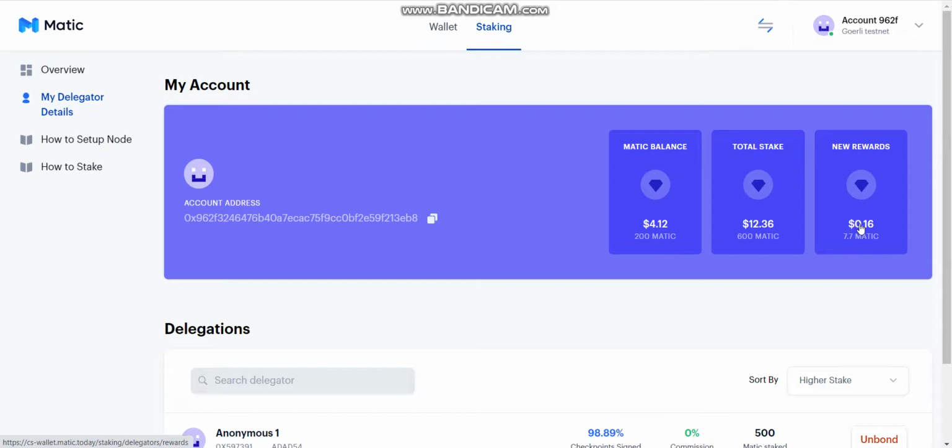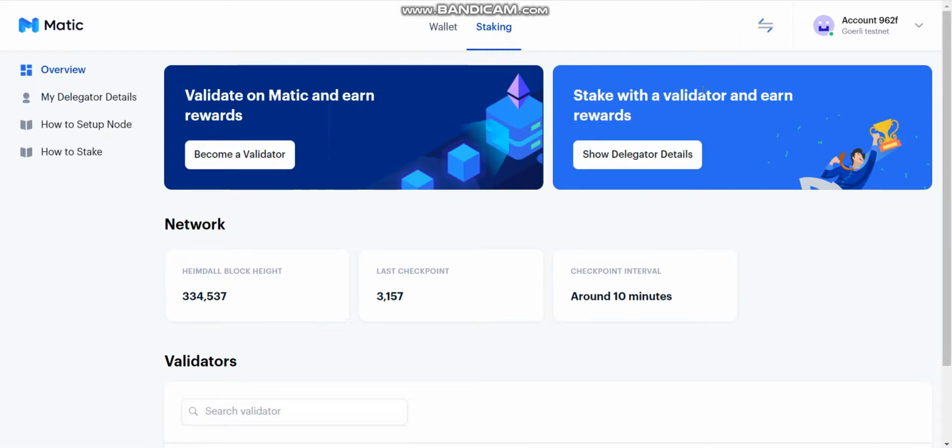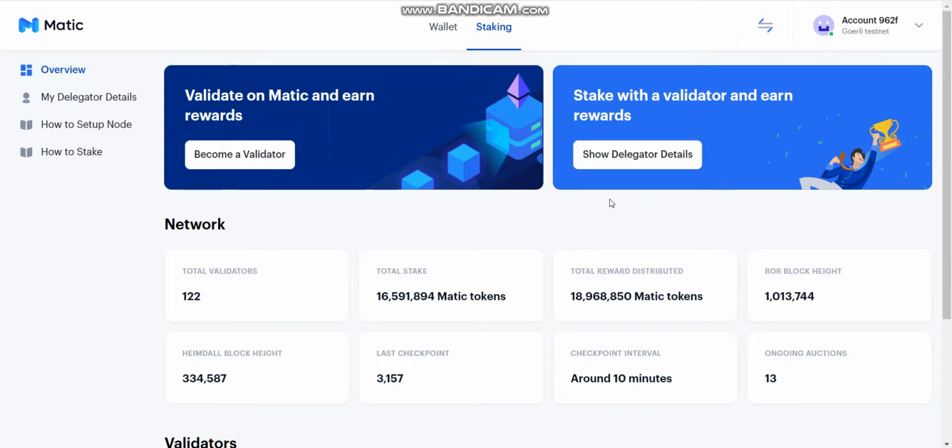So this is a very simple process. I think for some people this is the very first time, even for us this is the very first time. But the process is very simple. Matic is a very good project. So this is a simple process you can do to stake your tokens. This is the process for the Matic token testnet. But what I personally feel is that in future, when this project goes live, you can stake your original Matic token just like this. So you can save this video in your library, and in future you can follow it step by step. And this is the easiest project.